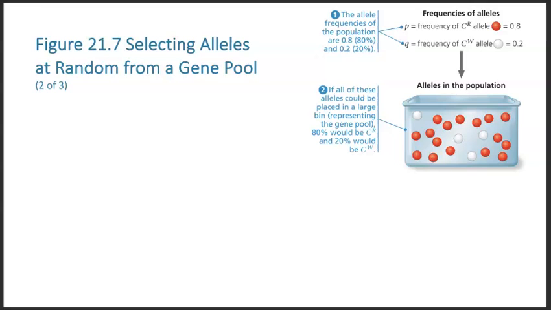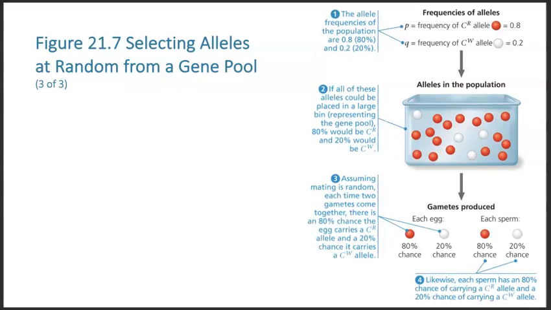So if the population is mating randomly, then it's kind of like throwing these alleles into a gene pool. What you would expect is 80% of those alleles would be the red alleles and 20% of them would be the white alleles. And then, of course, if you do have random mating, then you're going to randomly pull out. You've got an 80% chance of pulling out that red allele and a 20% chance of pulling out that white allele, for both the male and for the female. So in the end, what you have is a population that looks just like the original population of